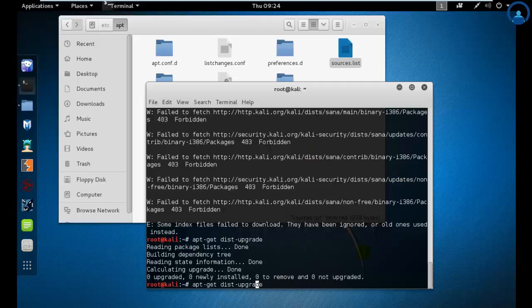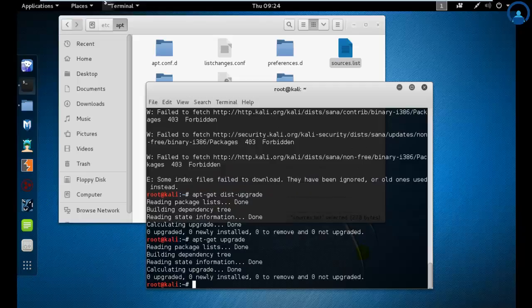Just in case you had, it will straight away ask you to install these things. And similarly, if you only want to upgrade the basics and not the whole distribution, you can just type apt-get upgrade, and it will update the same thing. In case after the installation you want to remove all the unnecessary files that are there in your computer, then you can just type